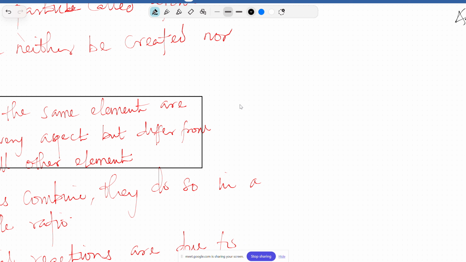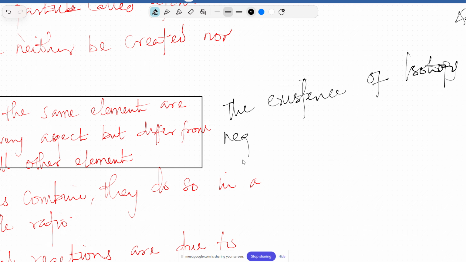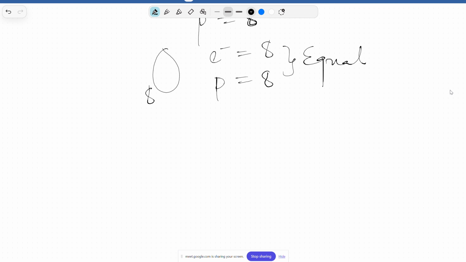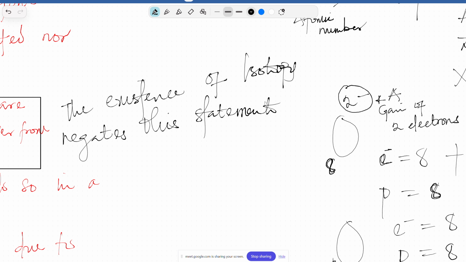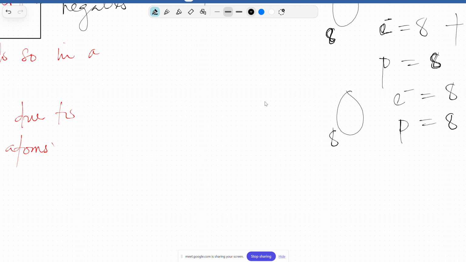So the existence of isotopy negates this statement. What do you mean by isotopy? It's actually a phenomenon where atoms of the same element have the same atomic number but different mass number. Take for example,